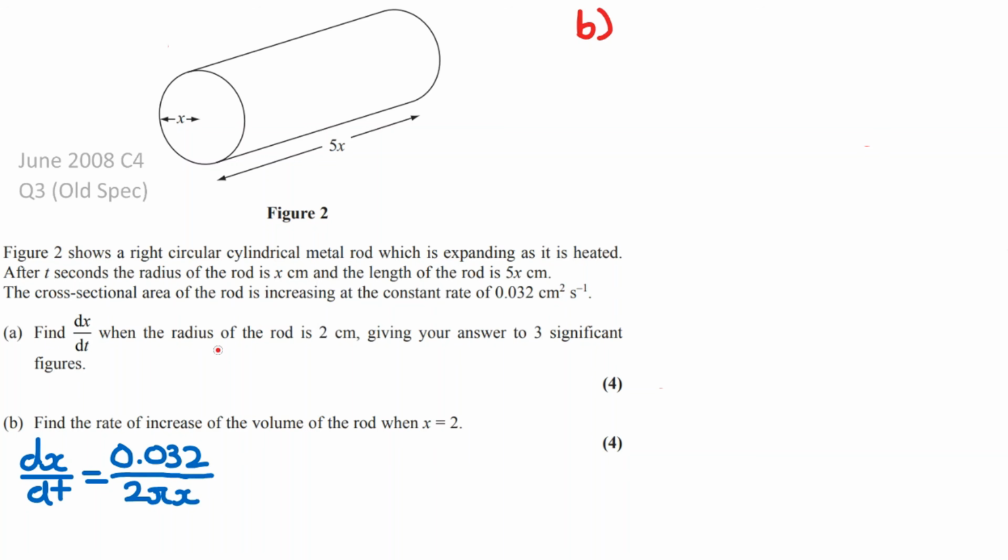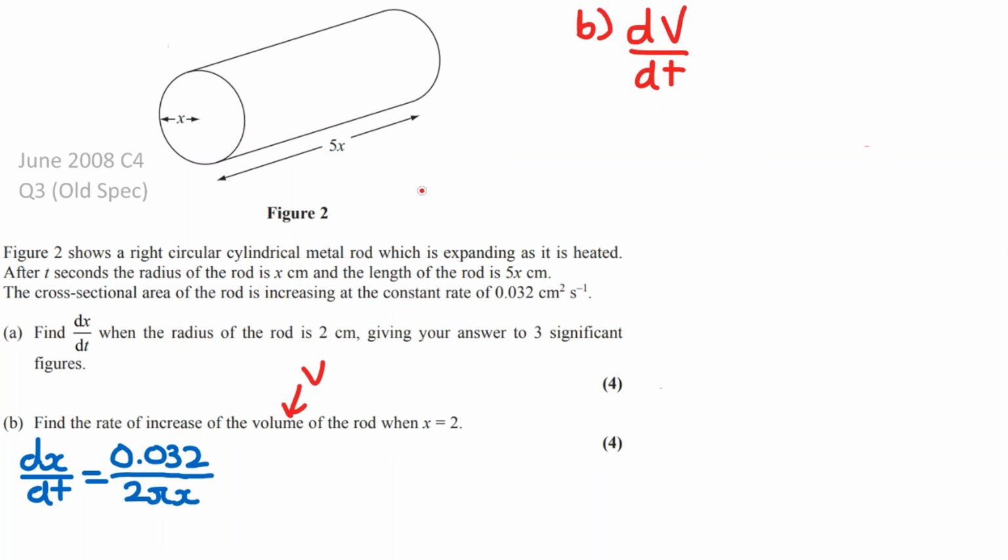And then for part B, we need to find the rate of increase of the volume of the rod when x is equal to 2. So let's try and figure out what this question actually wants us to find. It wants us to find the rate, so it's going to be d something over dt. It wants us to find the rate of increase of the volume. So if we call volume V, therefore it is going to be dV over dt,